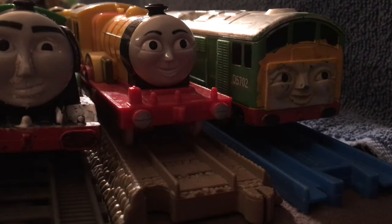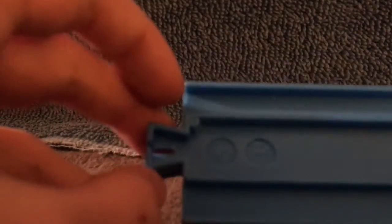So, which track should you buy? And we still have yet to look at the adapters, but we'll do that at the end of the video. Well, now let's look at realism. Okay, Tomy literally does not count. It is blue track. Not accurate, but unless you like this and have a lot of it, go ahead. If you have a lot of this, use it. If you don't,